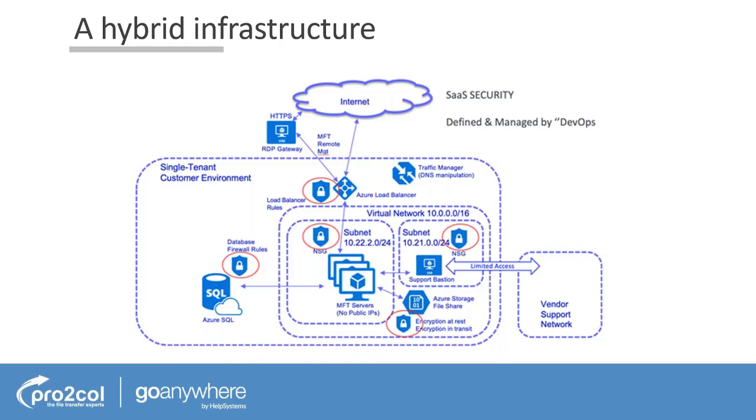Active or high availability is an option, and the gateway is always mandatory in this cloud configuration in GoAnywhere. The whole system is monitored 24/7, and they provide an uptime SLA of 99.9%. Some of you may know that Help Systems have already been through SOC 2 certification with EFT, and they're now taking that learning and applying that to GoAnywhere. So we would hope by the end of the year that GoAnywhere MFTaaS will be SOC 2 certified. For those of you that aren't familiar with SOC 2, there's a high degree of overlap with ISO 27001 from an information security perspective, and we know that's something that's key to a lot of our customers.